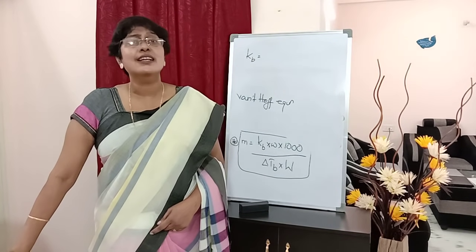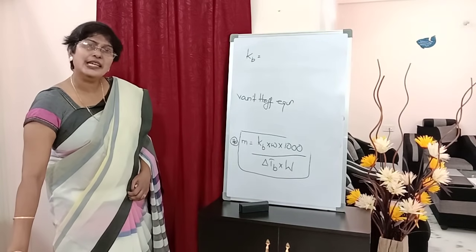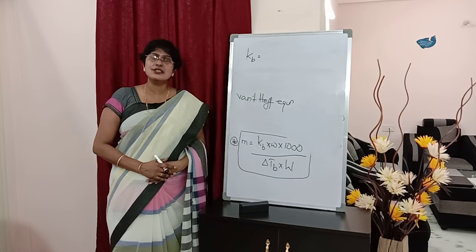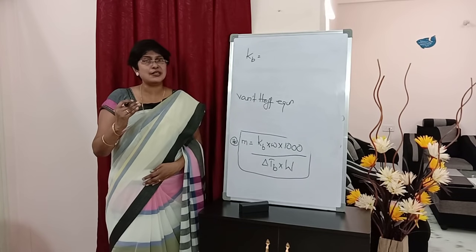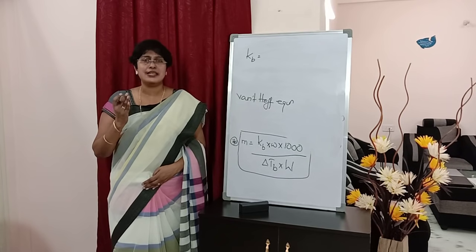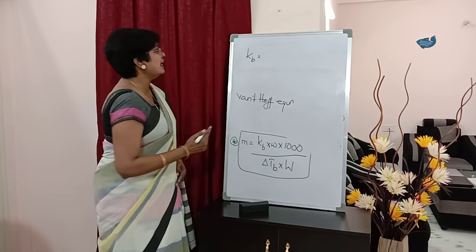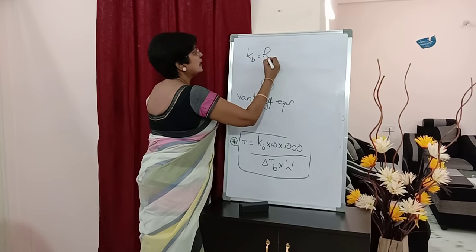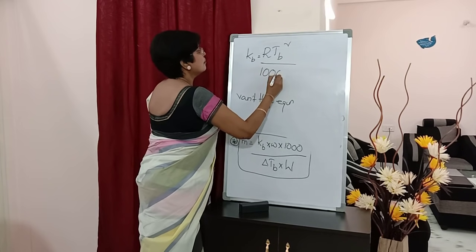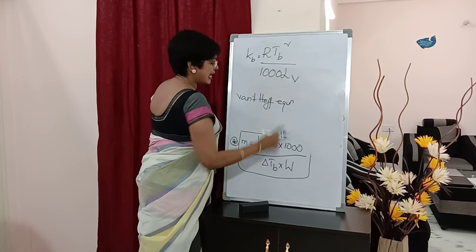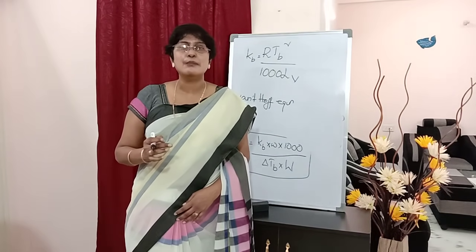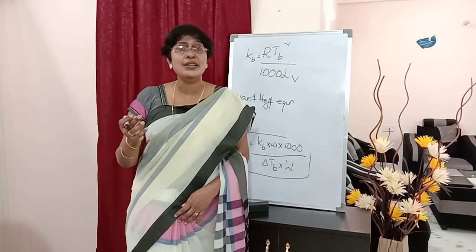Don't worry. I will just give you the equation which we use for numericals. Have you written, students? Kb is the characteristic feature of solvents and can be determined using the Van 't Hoff equation. Below, write down: Kb is equal to R Tb square by 1000 Lv. This is capital L.